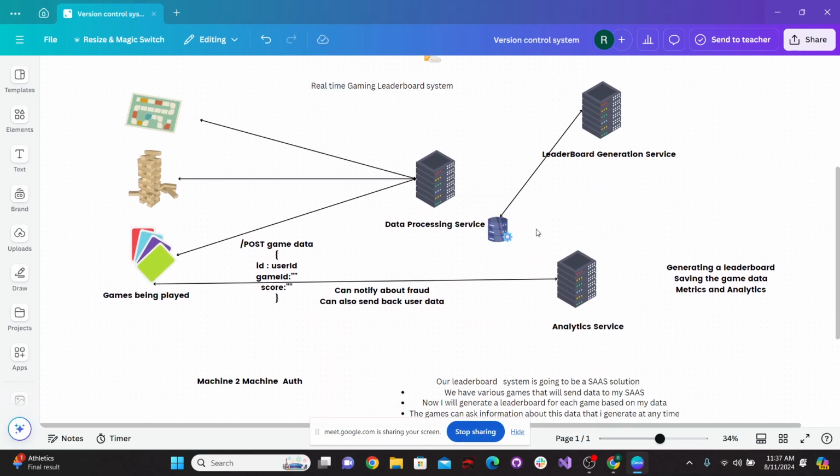I'm saying this Postgres is going to collect all the data. It's basically going to be there for storing the user information: this is the user, he has logged in, this is his data. So there could be events that this user is throwing. You can think of it as a CQRS architecture also. This system is going to throw out events, which are going to be stored in Postgres, and then based on these events we are creating views. But here, since Redis has given me such a beautiful solution, which is used literally by all kinds of gaming leaderboard services,